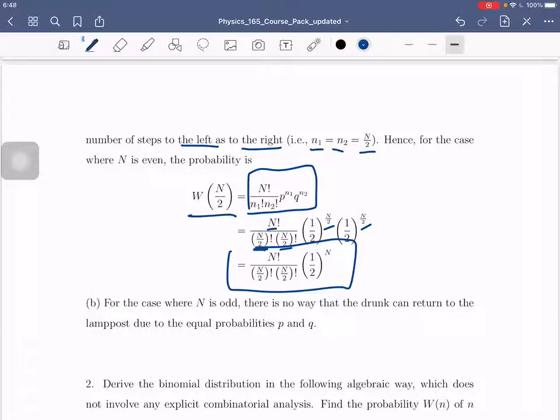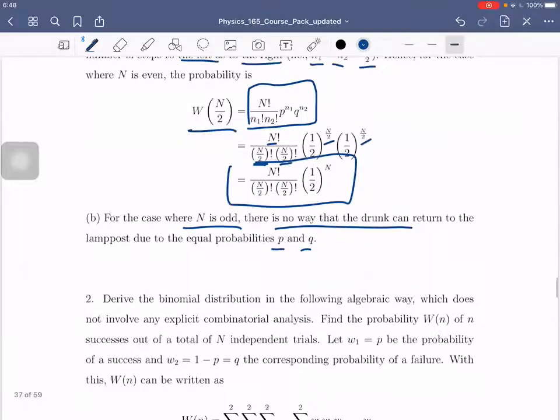Now, for the case where N is odd, as you can see, there is no way na makakabalik siya. Bakit? Kasi nga, dapat equal number of steps. So, hindi pwedeng odd. Kapag odd kasi, hindi mo mahahati into equal number of steps to the left or to the right. So, yan. And then, of course, dahil din yun sa equal probability ng P and Q. Okay? So, yan yung sa number 1 natin. Number 2,